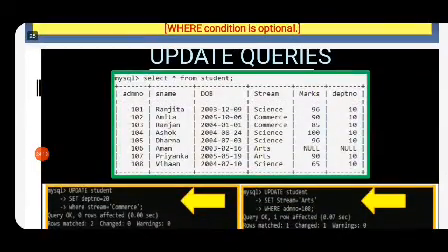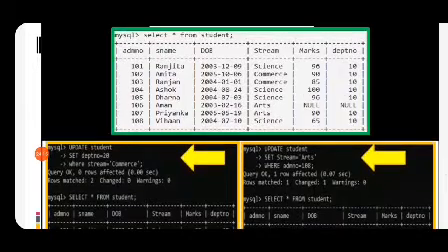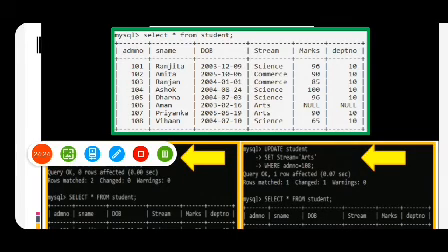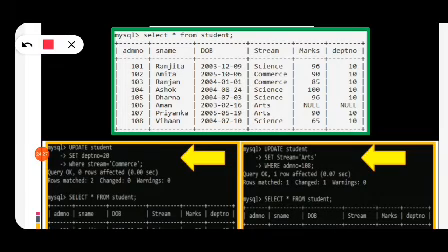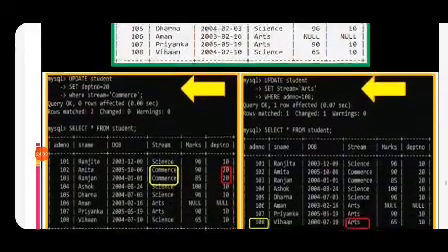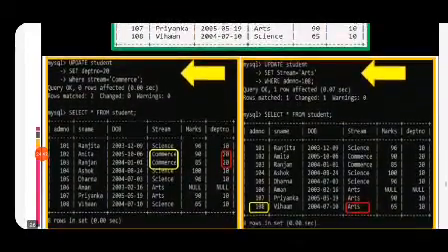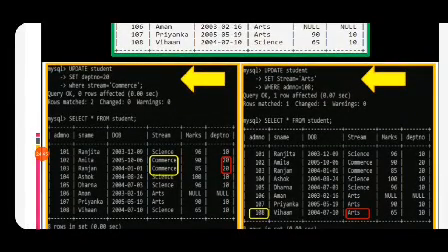Now let us see an example of the update query. You can see UPDATE student SET department number = 20 WHERE stream = commerce. When you run it, you will get this output. The department value has been changed for stream commerce, so the department number has changed to 20.